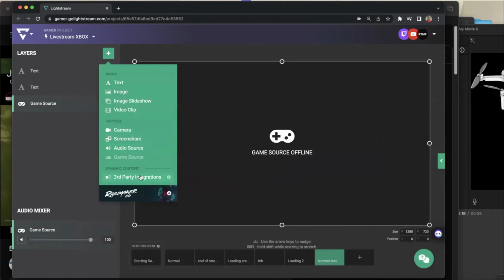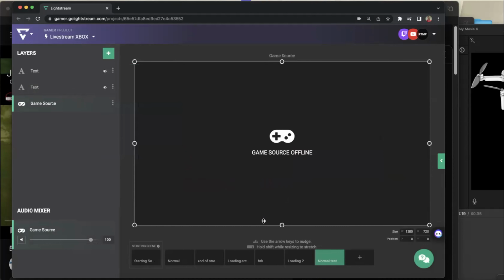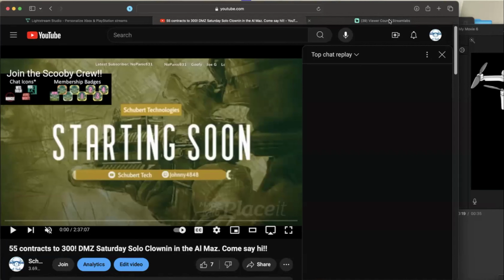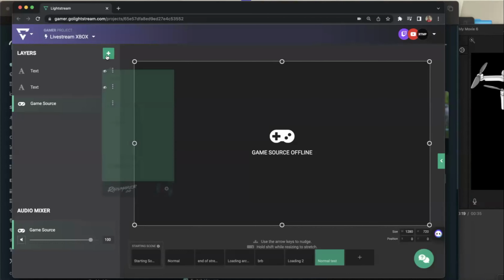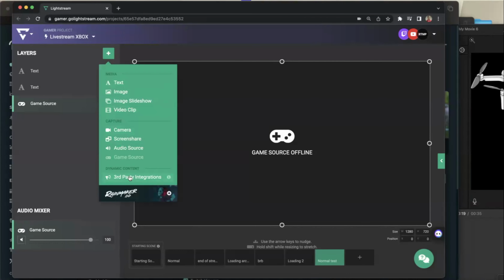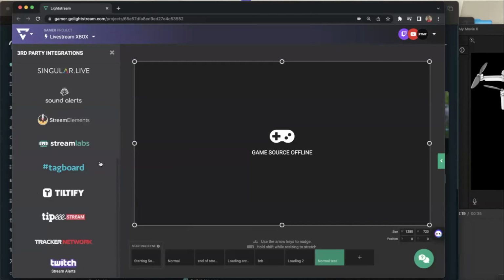Your third-party integration. So whenever you see that I've got the subscriber counts here, what I've done is I've gone over to Streamlabs and I've created widgets. And so you can literally, I can't show this because it shows stuff that's not to be shown outside your stream. So it's going to have sensitive data in there. So you just hit copy and then you come back over to your pane and then you add a third-party integration. And so you would tell it,